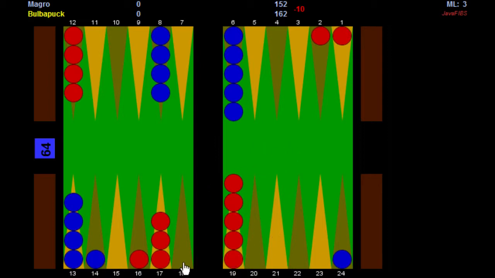So there's options wrong with this 3-6. Maybe there wasn't really anything better to do. So with 3-2 I can make this anchor, but I could also hit, and I think hitting is more important at this point. And then I'm gonna try for a very good anchor with this 3. Because my opponent is on the bar, I want to try and make the best anchor